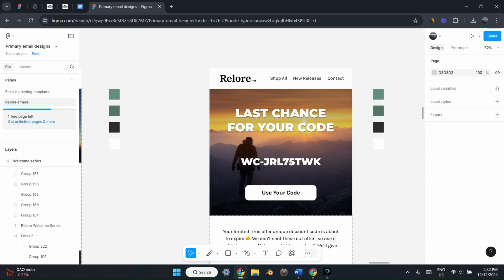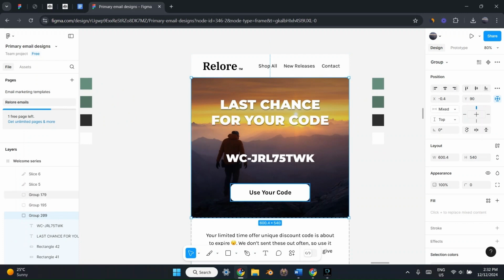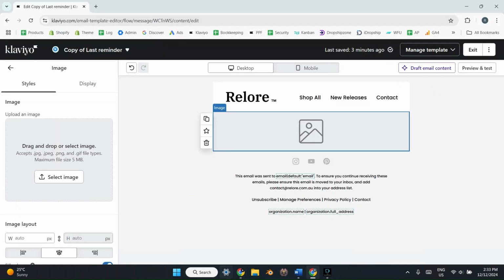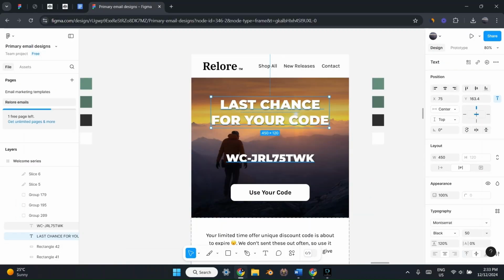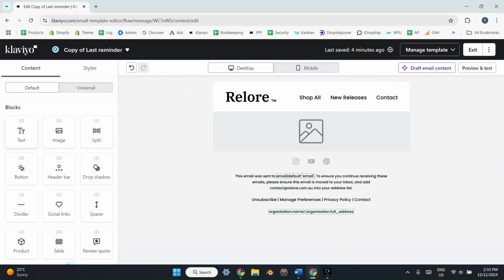Alright, so this will be a quick one, so let's get right into it. Let's just say you've got your email design and you've got a section such as this, where you've got multiple components within this section, and you're like, hang on, I want to get this onto Klaviyo right here. The only problem is I've got this point, this point, this point, and this is a dynamic coupon code or some other component that you need to put in Klaviyo using some of these blocks, which you can't use